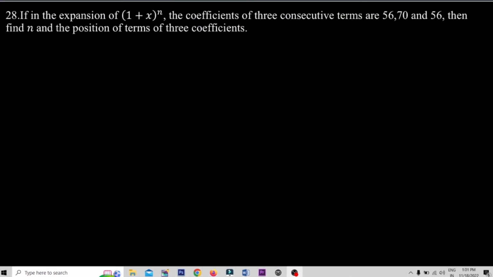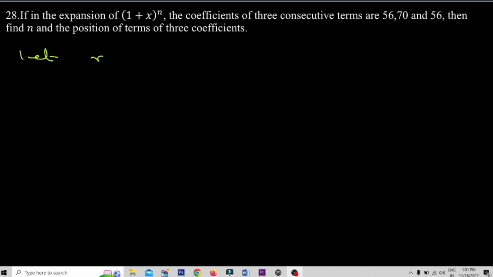Now let us go to question number 28. Under this question number 28, a similar kind of sum is given. In the expansion of (1 plus x) to the power n, the coefficients of three consecutive terms are 56, 70, 56. It means two coefficients are 56. Then find n and the position of the terms of the three coefficients. So we can say, suppose